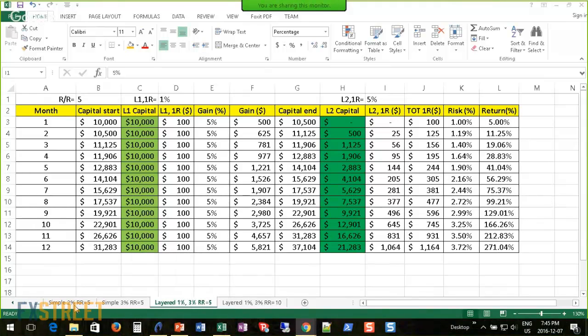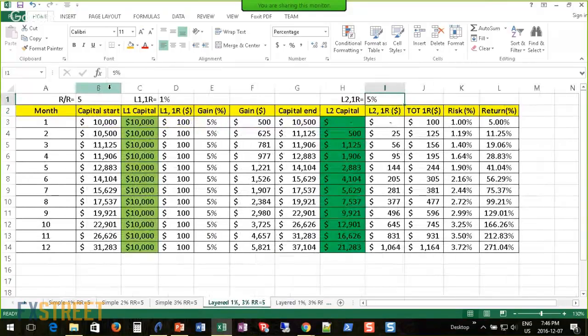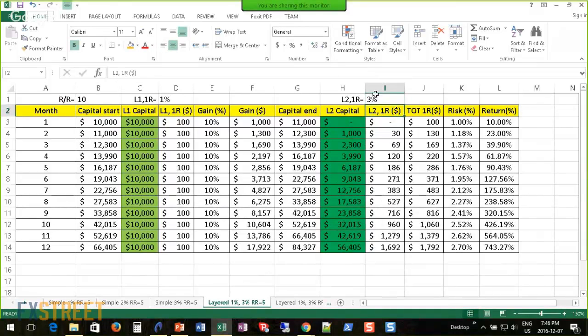And these are not just numbers, because when you have a method that can actually give you an average 5 times your risk per month, and clearly it's a method with a positive expectancy, generating opportunities that actually allow you to get these results, then using the layers, it becomes possible. And obviously, if you have edges that allow you to generate double of that, and you can generate a lot of opportunities intraday, you can see that this number starts growing very, very quickly, even if you just risk 3%